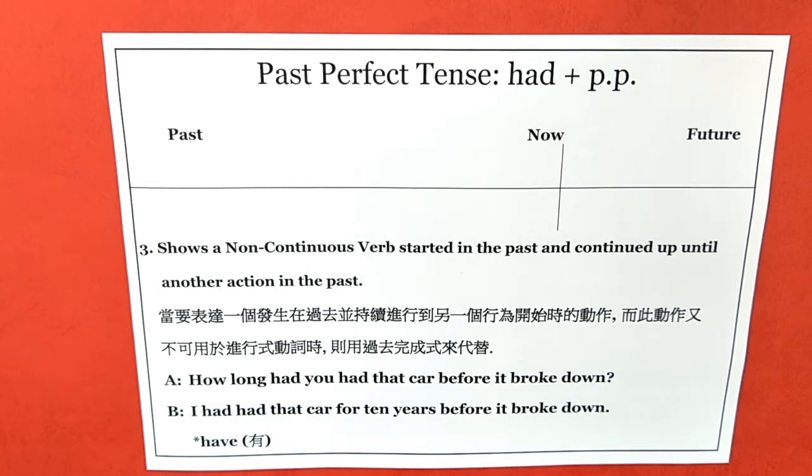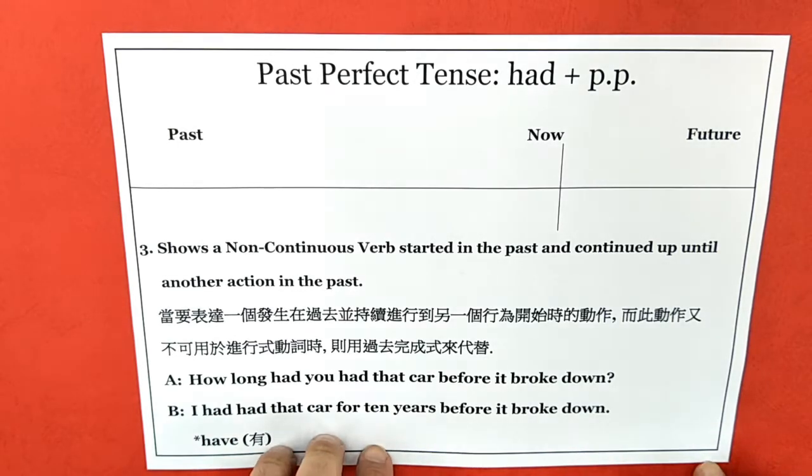We do not say I am loving you. We say I love you. These are examples of non-continuous verbs. You cannot have a progressive verb on that verb. You can't have the ing on that verb. All right. So again, we have a non-continuous verb started in the past and continued up until another action in